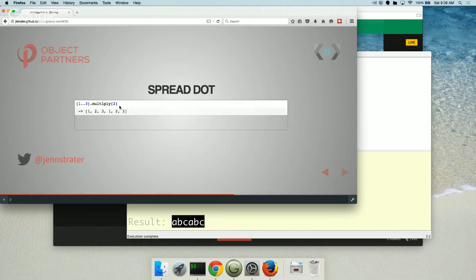We get 1, 2, 3 again, because we're operating on a list, or a range of numbers, as a whole. But if we wanted to operate on each element individually, that's where we'd use this spread dot. The spread dot, so star and then a dot, tells it to take each item individually, and then we get the 2, 4, 6.